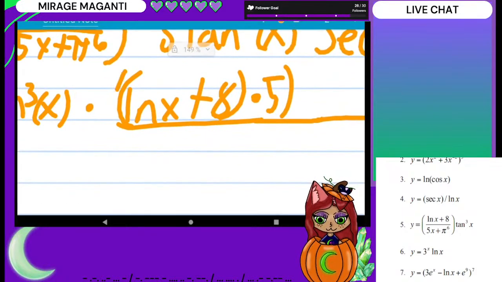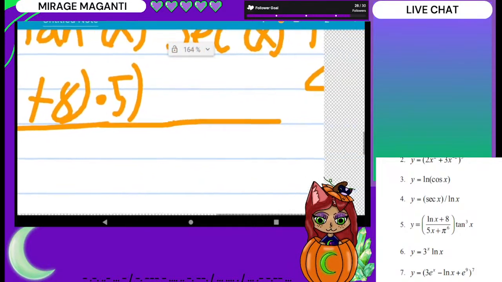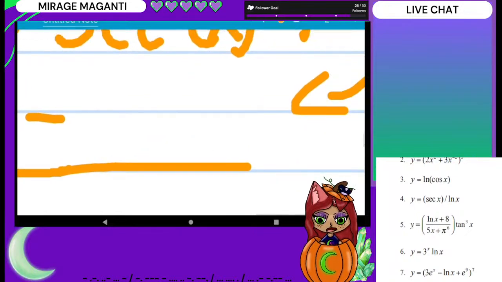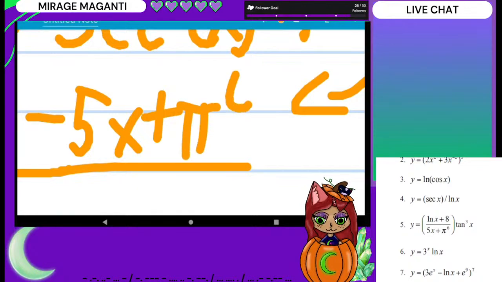That, and we're going to do that. And then we need to subtract that from, we need to subtract our 5x plus pi 6 times,